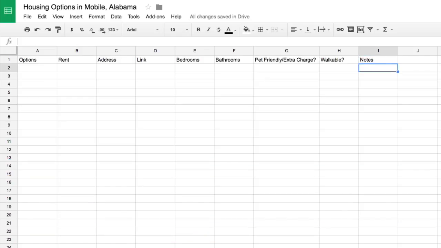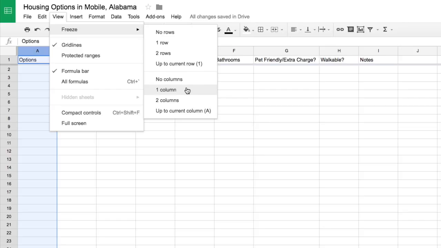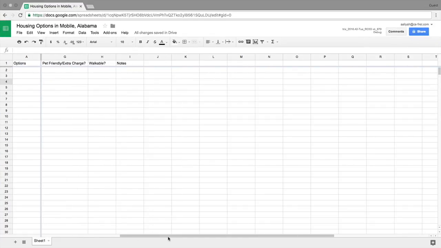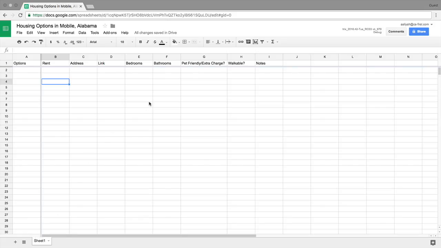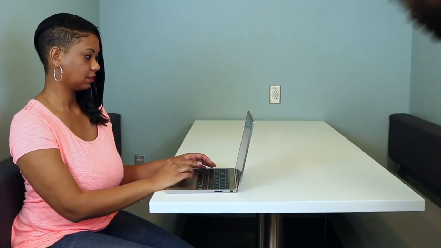To make your spreadsheet easier to read, freeze row 1 and column A so you can always see the labels you created. Once your spreadsheet contains a column for housing options and at least 4 or 5 options to consider, check in